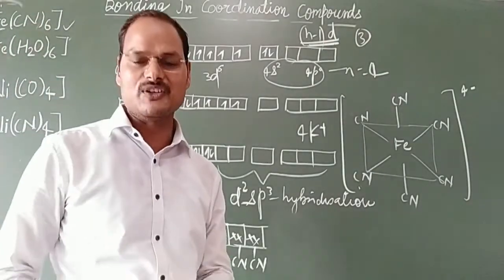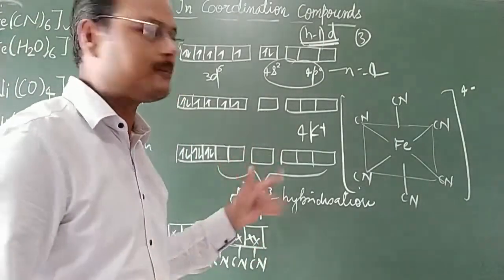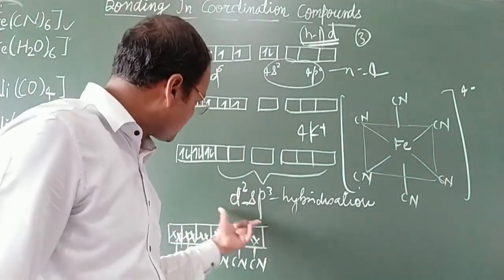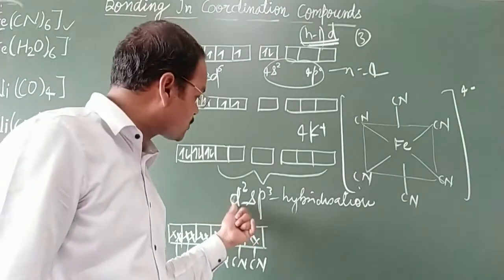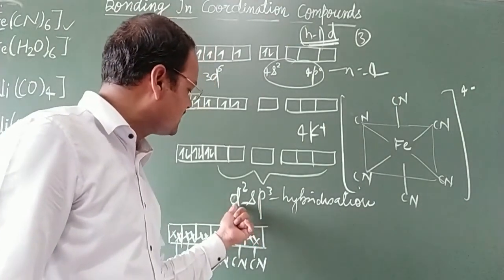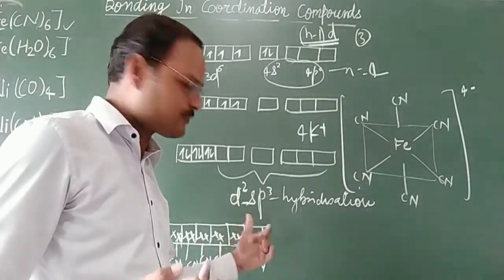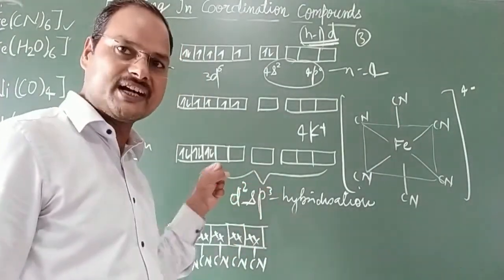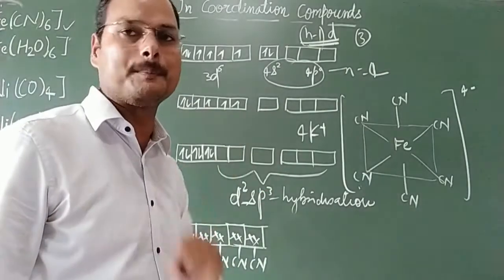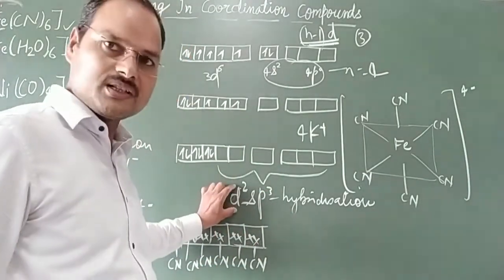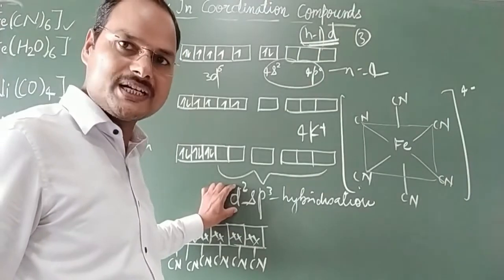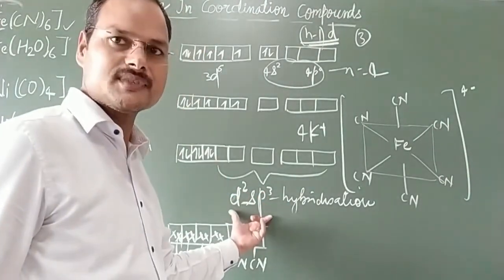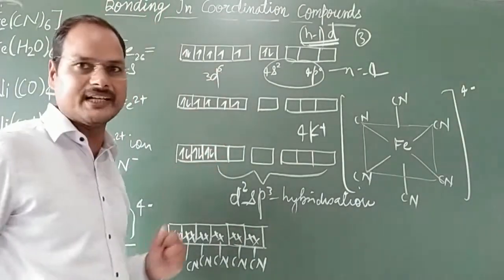I hope you understand. Once again, see which type of complex this is. It is an inner complex. How to identify an inner type of complex? If the hybridization is d2sp3, it means d2 is written first, before sp3, and that's why it is inner. With the help of this we can easily find out it is an inner octahedral complex. Why? Because when we write d orbitals first, after that s and p, it will be inner. And it is also known as low spin.